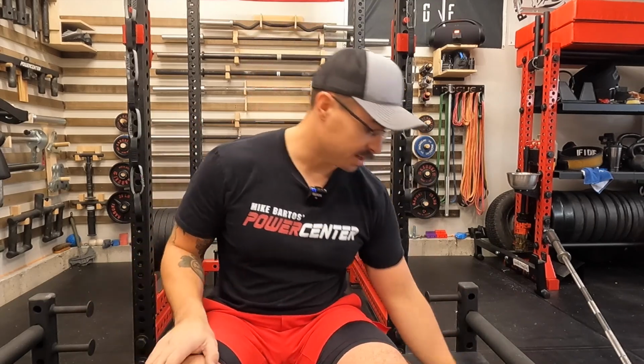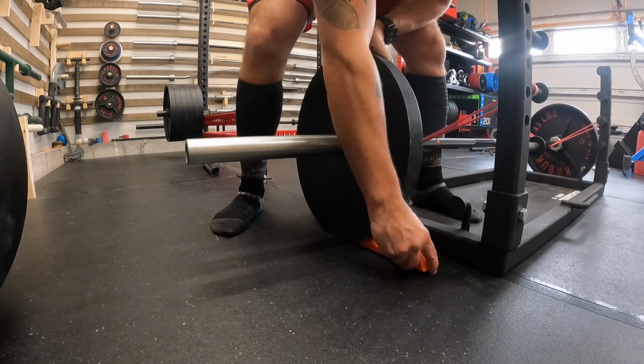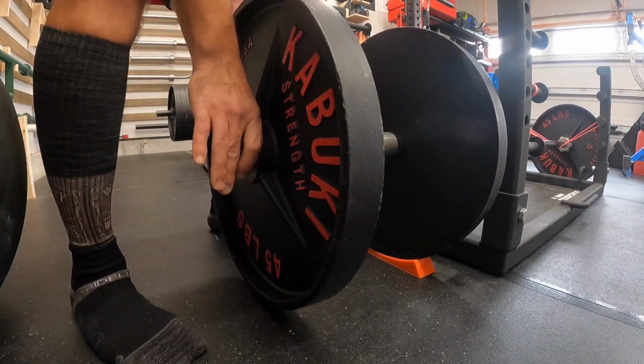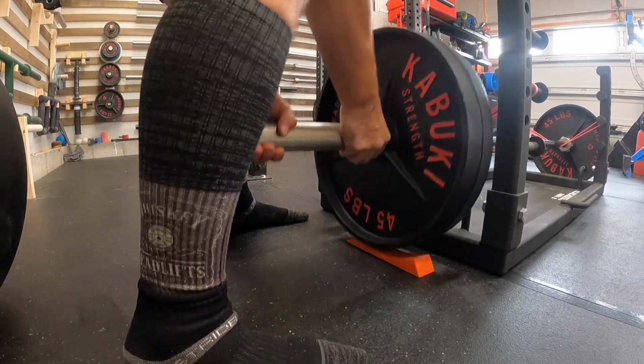One additional thing that I'm not very fond of is that a full-size deadlift jack actually doesn't fit in here, and as a result of that, I finally found a use that I don't mind for my dead wedge. So my dead wedge basically just stays inside of the PR platform for safe storage, and I use it when I'm swapping my weights out. Now, some of you hardcore lifters out there will roll your eyes at me and tell me that I can use change plates, and I will say,